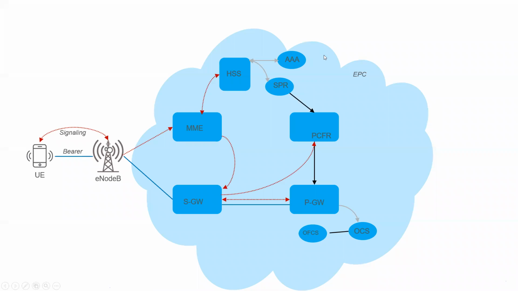Different networking elements in a telecom network are interconnected by using a network interface. This network interface is a reference point, and a reference point can have a name, a defined protocol, and functions, right? So if you see the communication from eNodeB to MME, which is signaling traffic, the interface used there is known as S1-MME, right? So S1-MME